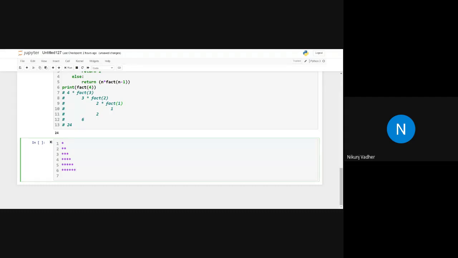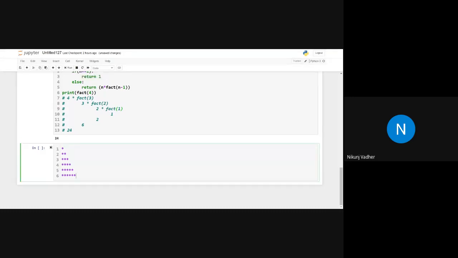Yes, if you want to generate this kind of pattern, one recursive function is used to get the row number, and the other recursive function is used to print the stars of that particular row.